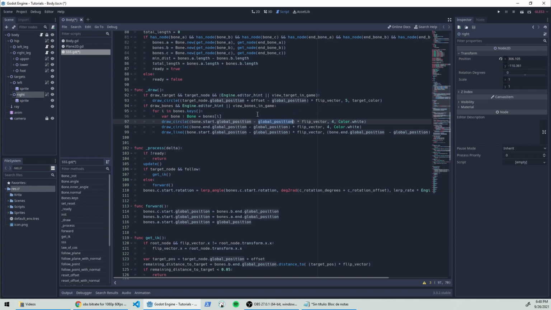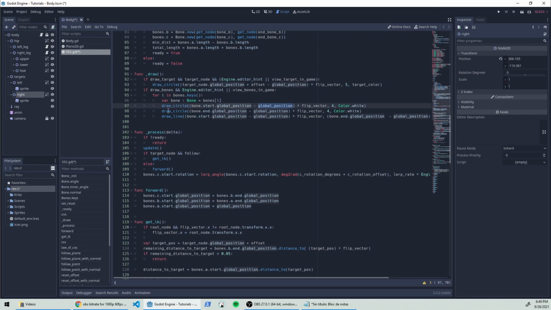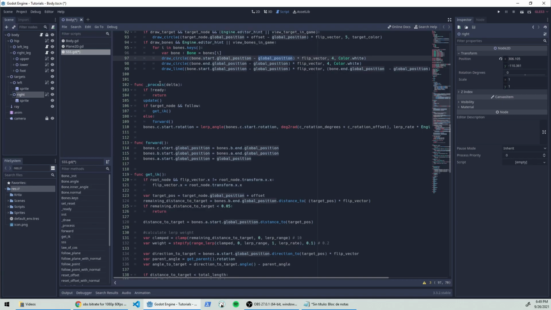And as I mentioned before, you also have to have an offset for the angle of the parent, but it's kind of a pain to do that, so I don't use this much, so it's just ignored for now. Okay, now on the process function,